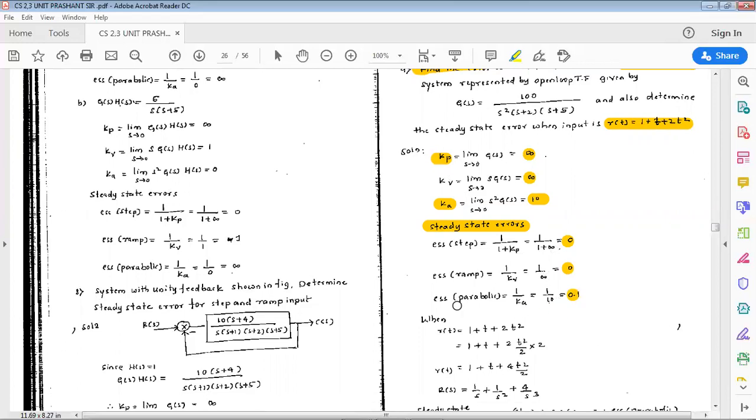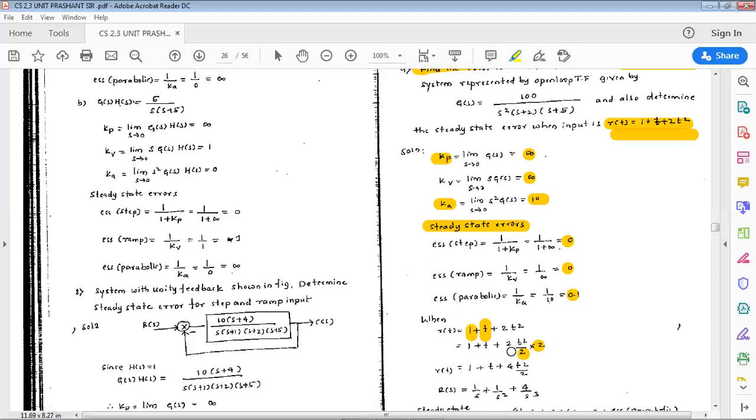That results in 0.1. Now, they are asking you to find the steady state error when this particular kind of input is given. What is that? r(t) equal to 1 plus t plus 2t square. So for this particular input, what might be the steady state error? So now consider r(t) equal to 1 plus t plus 2t square. 1 means it is a step input, it is in the standard form. t means it is a ramp input, it is in the standard form. 2t square is not in the standard form of parabolic. So we need to make it parabolic like t square by 2. So therefore I'll write t square by 2, which means dividing by 2 and then multiplying by 2.